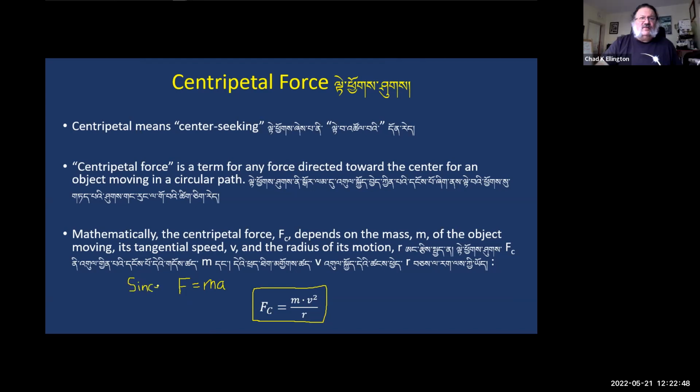And if we change these little subscripts and we say it's a centripetal force and a centripetal acceleration,